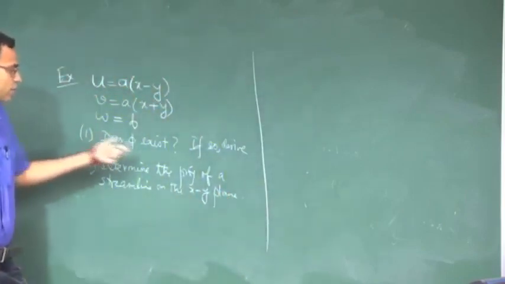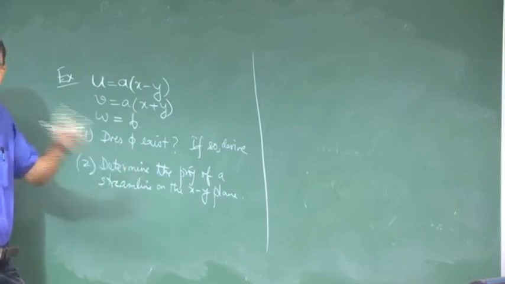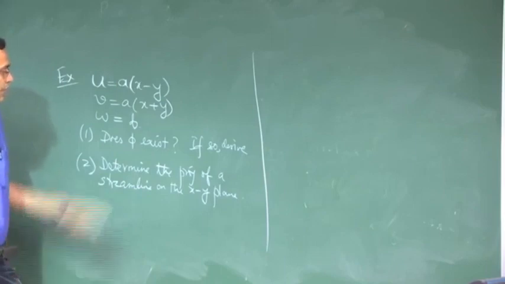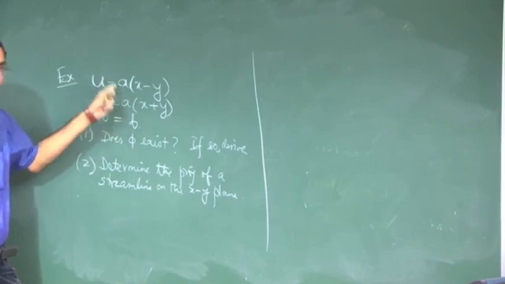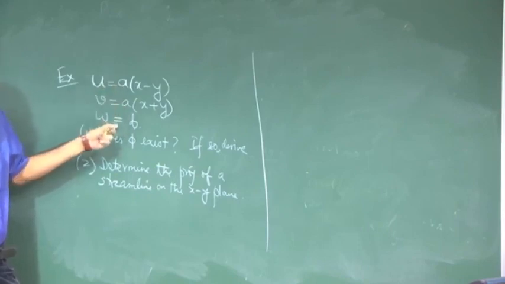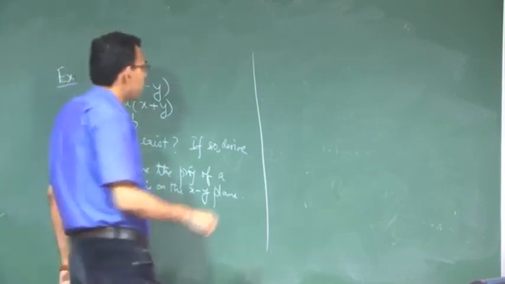So, first, how do you assess whether the velocity potential will exist? You just test whether it is irrotational flow. So, here the irrotationality can be tested with just u and v component, because W is just a constant, it does not have any derivative. So, you have